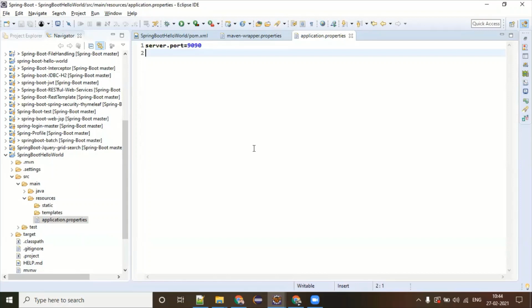If you are having an XML, for example, let's say for a configuration purpose, and by mistake you did any wrong coding there, or you missed some angular bracket close or open, this is going to give you an error, and this error is going to be caught while running. In fact, during compilation Eclipse is going to give you an error, but still your compilation and building will be successful. So the properties file has the advantage if something went wrong here. If I type something like this, it is not a problem. Why?